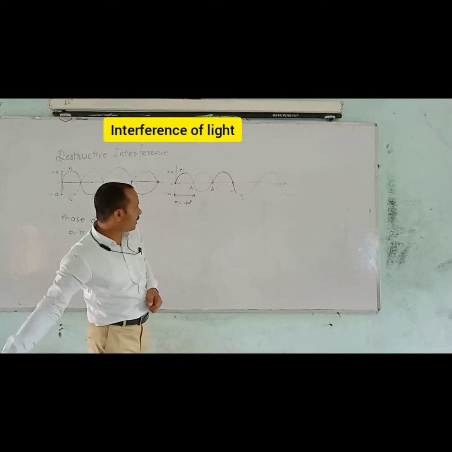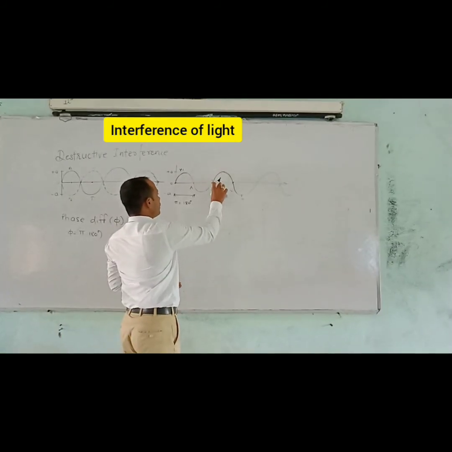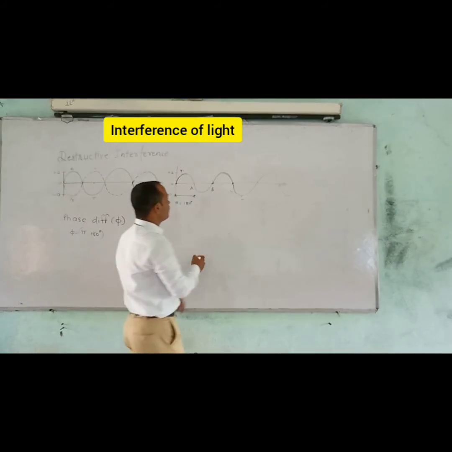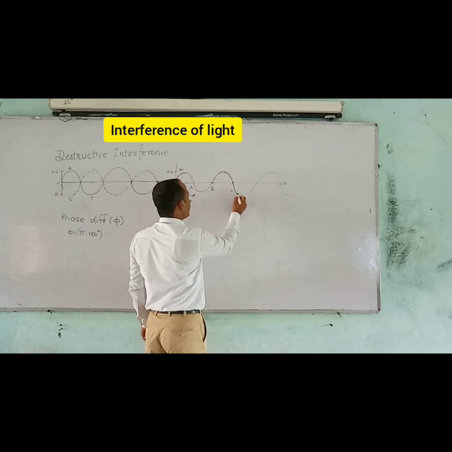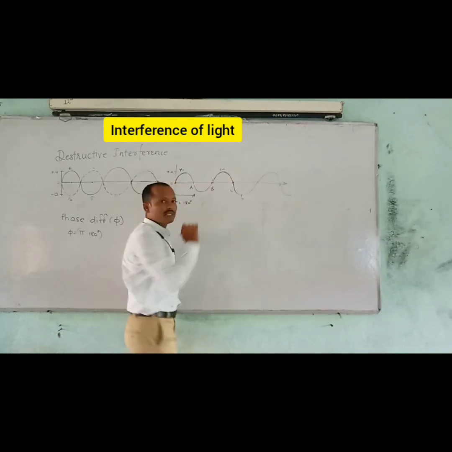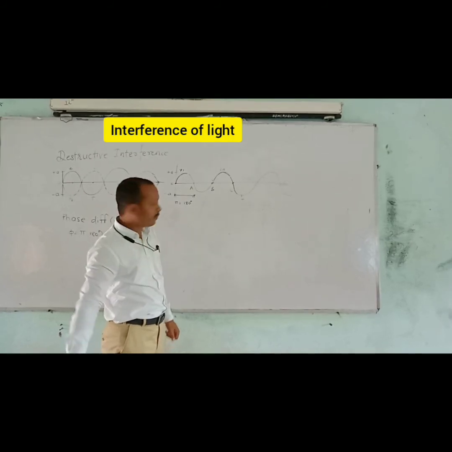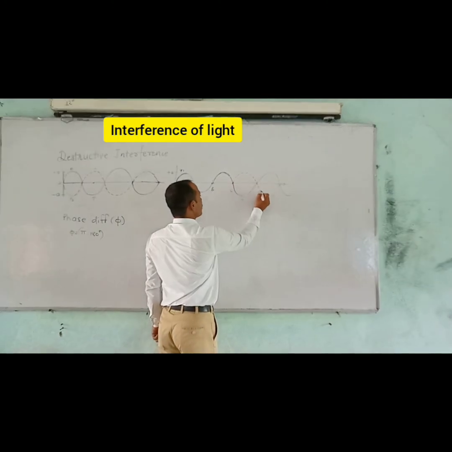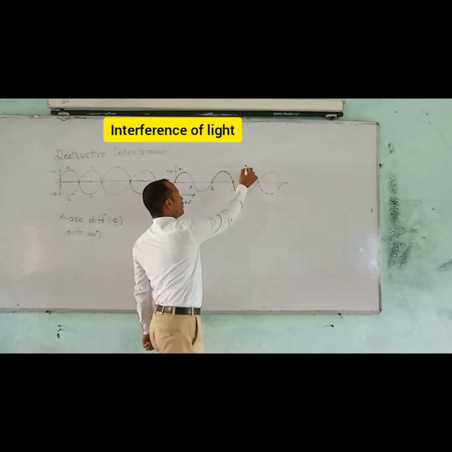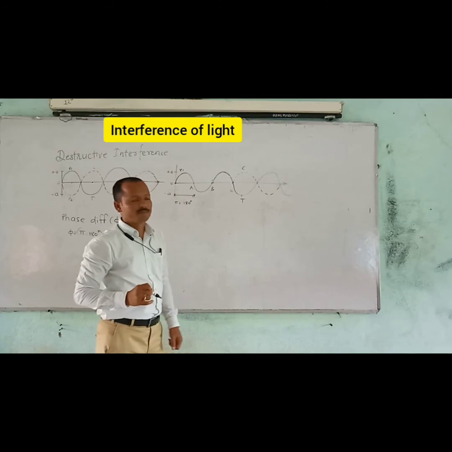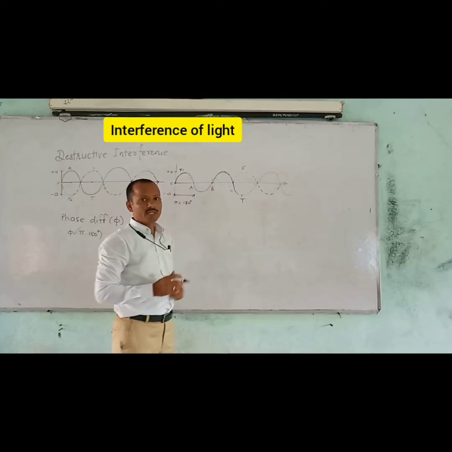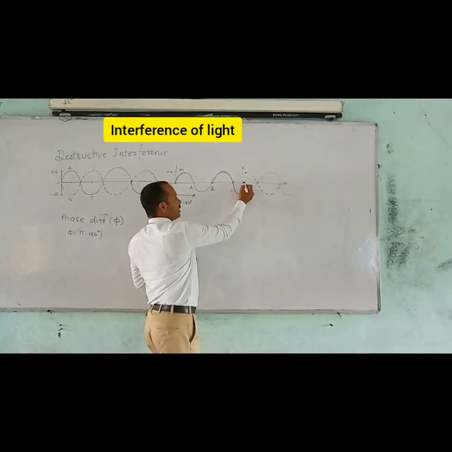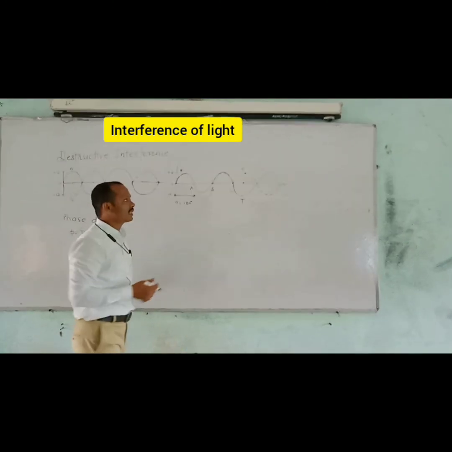Now, in another example, when the wave y1 starts from point O, that is same, but y2 starts from the point B, then what do we get? The crest of the one wave coincides with the crest of the other, we get constructive interference. But when y2 starts from point C onwards, the crest of the one wave coincides with the trough of the other, and then we get destructive interference because plus A and minus A, the resultant amplitude is 0, therefore we get destructive interference.